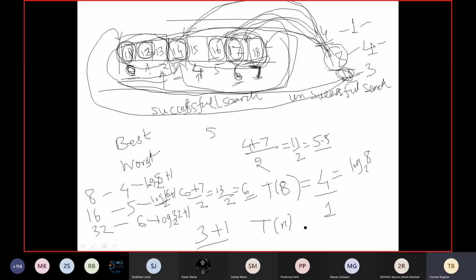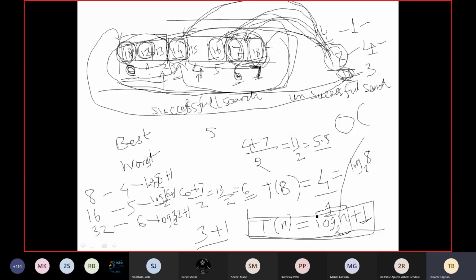The total number of comparisons T(n), the exact number in the worst case, is given as log of n to the base 2 plus 1. So this is the exact total number of comparisons in the worst case. And if you want to find the complexity in big O notation, big O has an order term and a variable term. We represent this variable term as log of n to the base 2. So the worst case complexity of binary search is given as O of log n to the base 2,